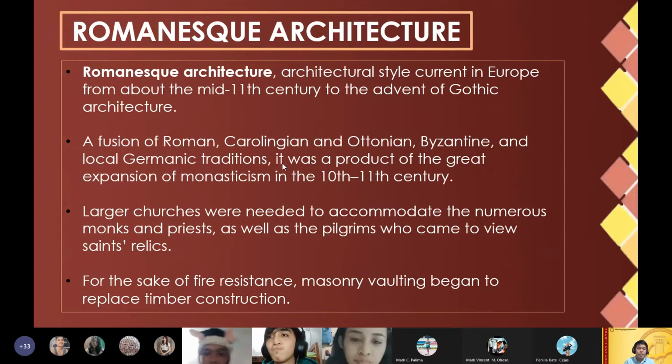Okay, so the next term here, a fusion of Roman, Carolingian, and Ottonian, Byzantine, and local Germanic traditions. It was a product of the great expansion of monasticism in the 10th to 11th century. So fusion meaning it's a combination, murag unsay ilang nakuha nga info from the Roman, and actually this Carolingian and